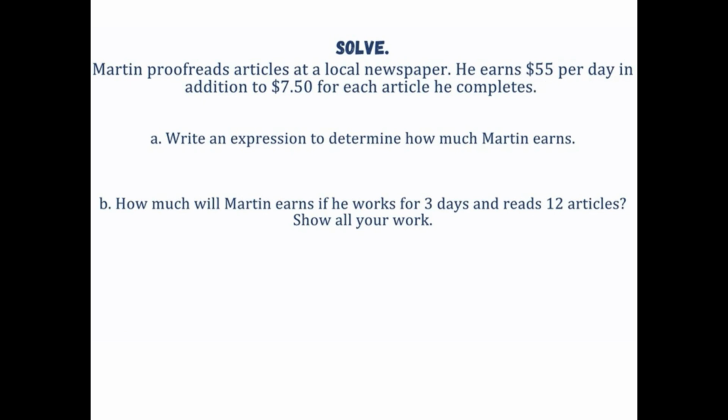All right, so let's get into some word problem action. In this situation, Martin is proofreading articles for his local newspaper. He gets paid in 2 different ways. The first amount of money he earns is determined by $55 per the number of days he works. So in this case, I could write this, just this little section, as 55 times the number of days he works. But in addition to that, he also ends up getting